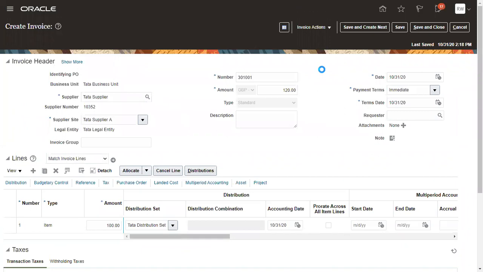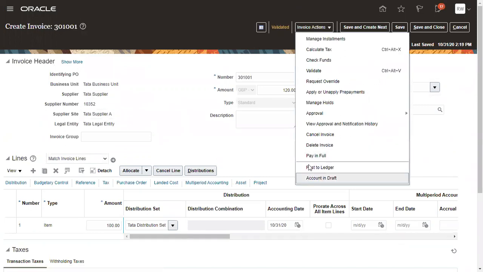So, Naresh, suppose any prepayment is already made for this invoice earlier, like an advance payment has been made, so you have to apply that prepayment. How do I know, against this vendor, particularly, like Tata Supplier? There is an option in Oracle. If there is any prepayment available, it will show a bell icon next to the supplier.